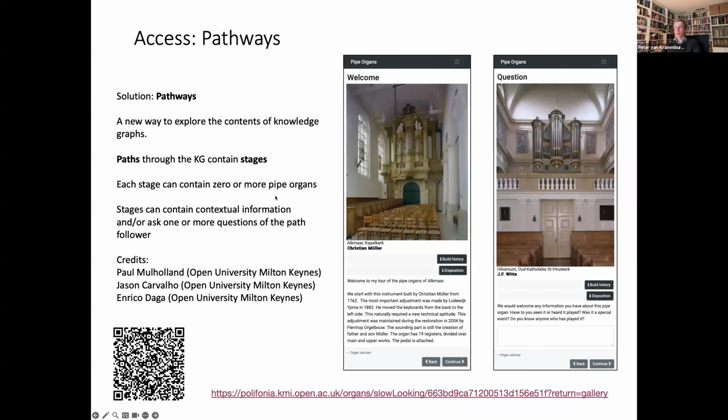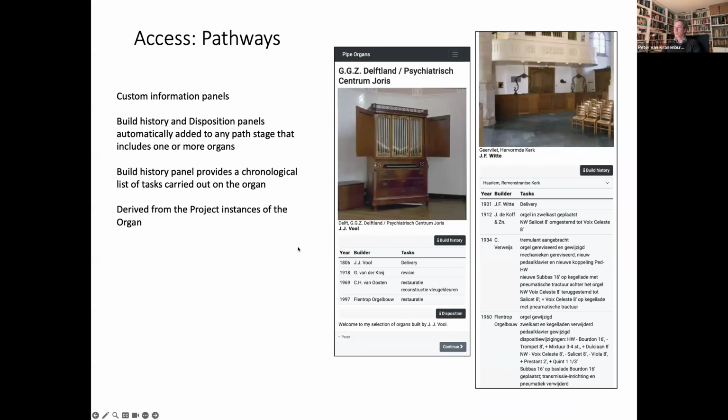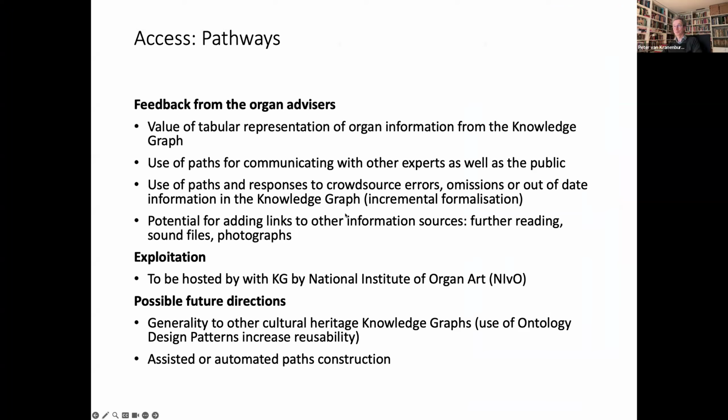So let me go back to my presentation. This we have seen, this we have seen. Yeah. And so we provided organ advisors, the professional users, with this, and they were quite happy with it, especially for